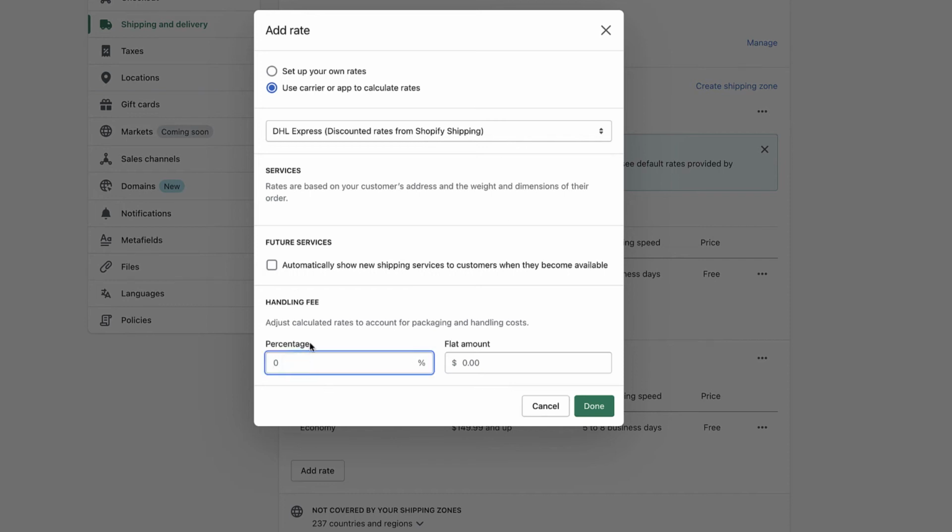And because it's going to Hawaii and Alaska, maybe our product is a little bit more fragile, or we're worried about things and we're going to package it a little bit differently. So instead of a $5 flat amount, let's say we add $7 to every product.